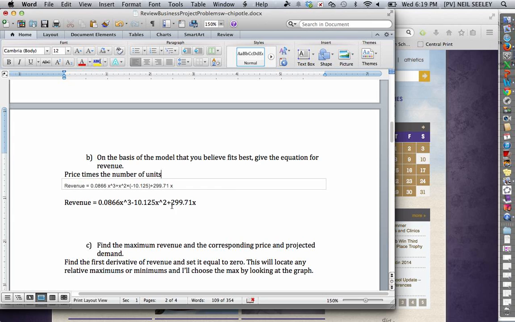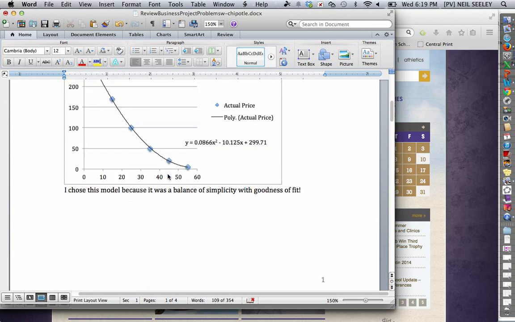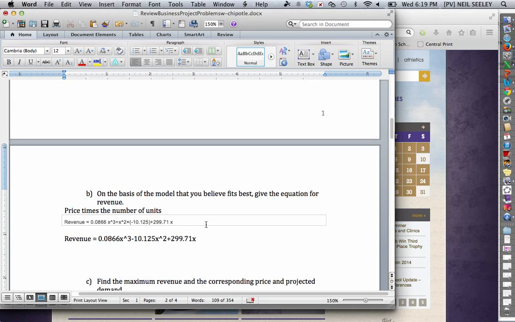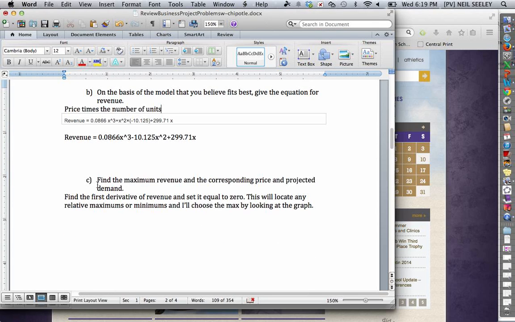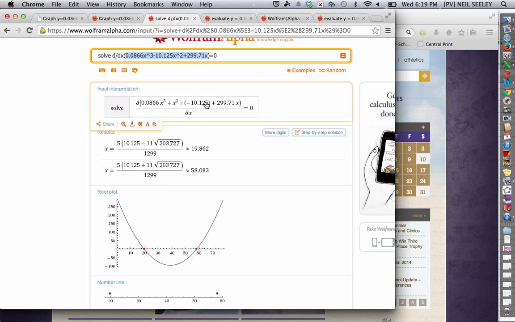And I guess these are both the same thing. Okay, so here's price up here. If you multiply each of these by x, you have this function down below. Now to maximize, I told you I was going to set that first derivative equal to 0 for that function, and I've done that. So if I go to my graph over here, Wolfram Alpha, solve dy/dx, I took